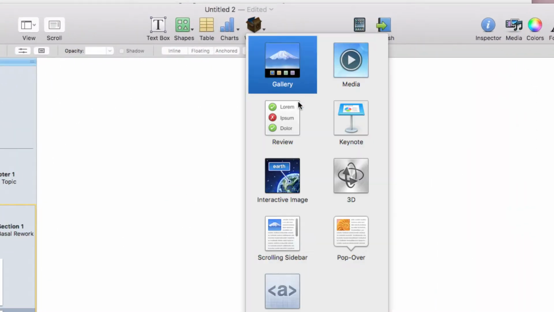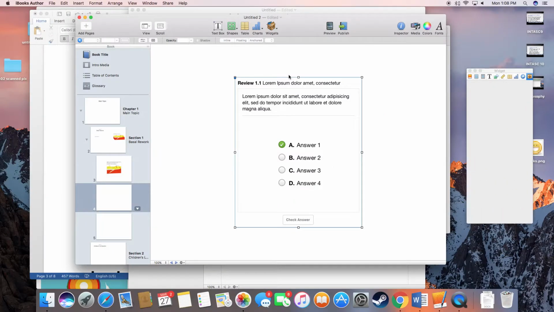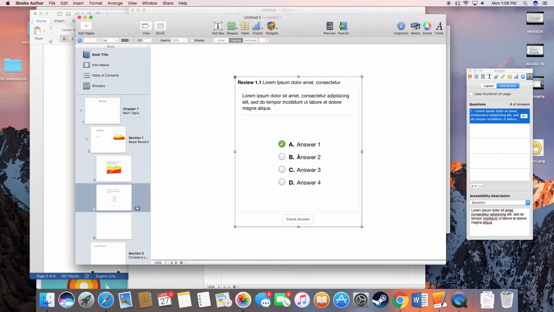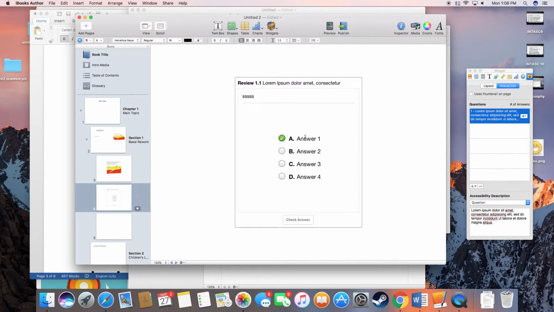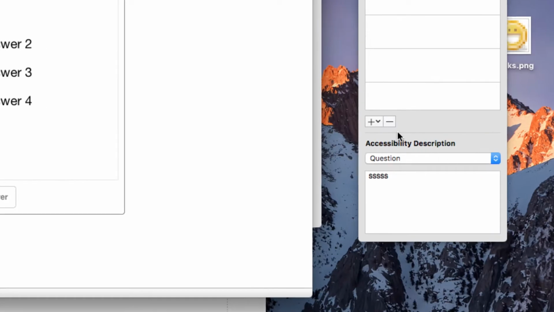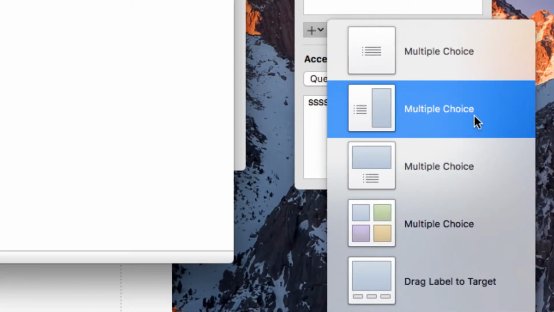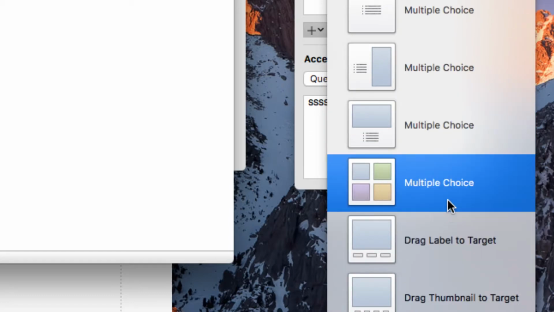Also, another cool one is this review widget. And what you can do is you can put in and have little checks for understanding right here. You can type in the name of your question right here and the different answer choices. You can also do some different options here. Once again, you're going to have your menu on the right. If you hit this little plus button, you're going to have some different question types pop up here. This is a particularly good one, especially for younger readers, because you're going to have a picture response,